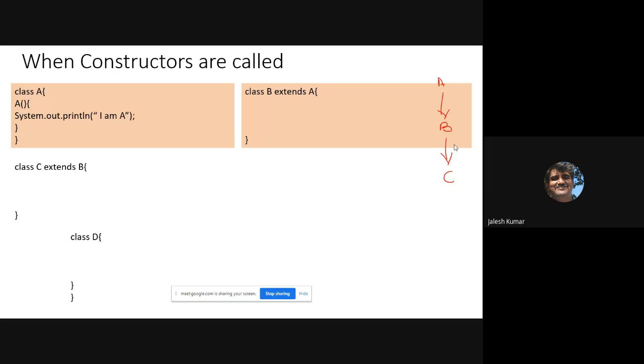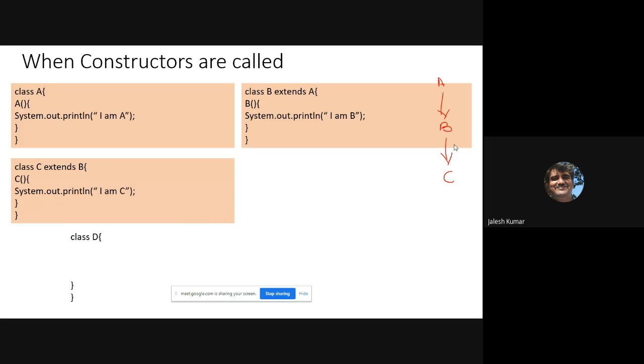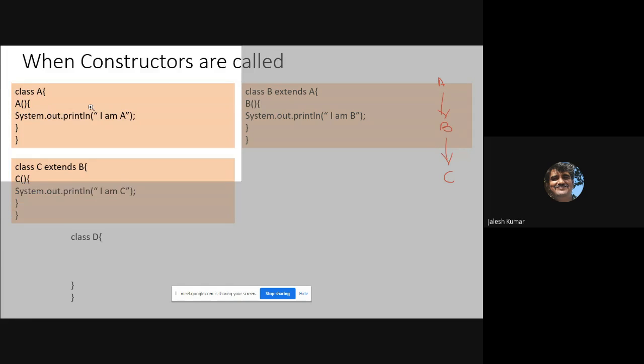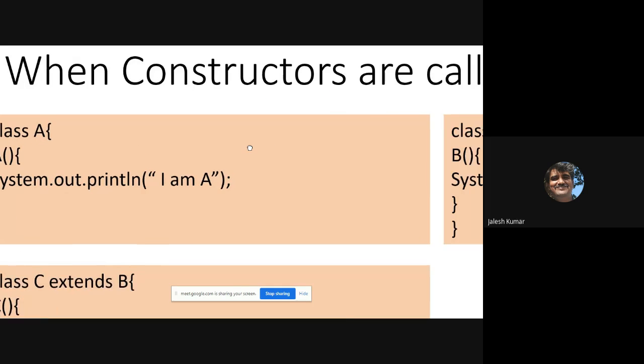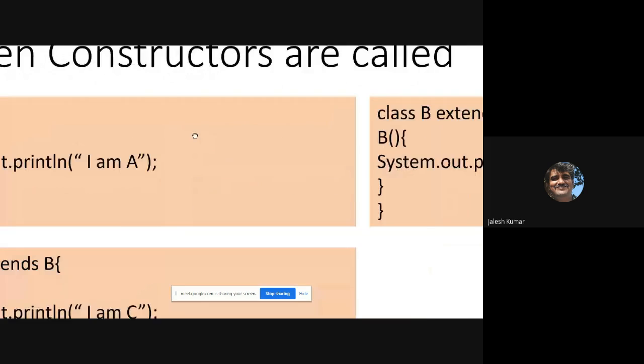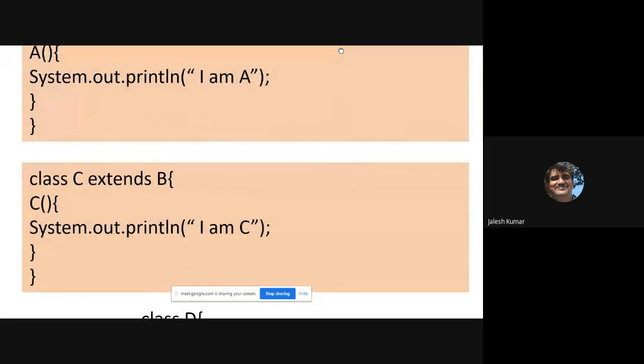Then class B also has a constructor B, and C also has a constructor C. Just observe: A with a constructor, B with a constructor, C with a constructor.